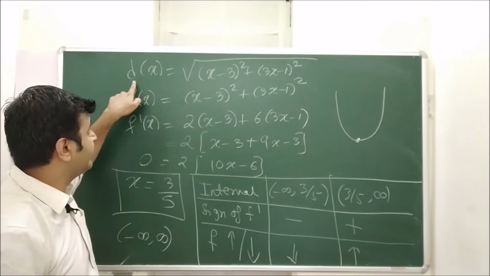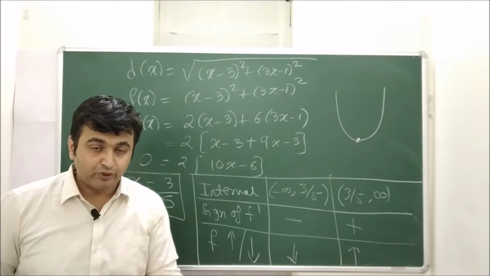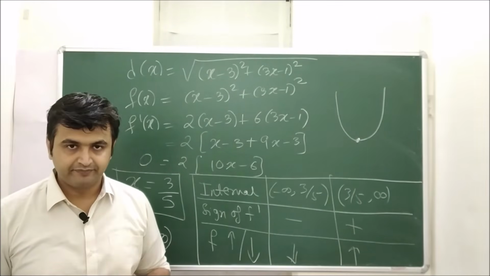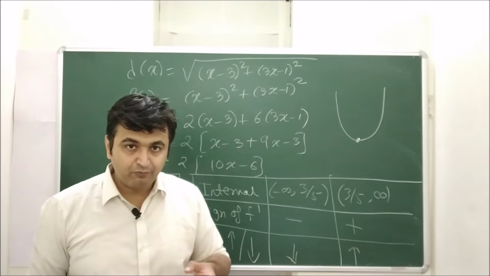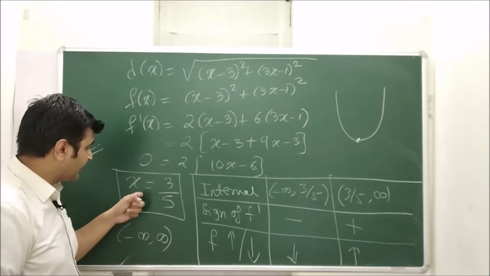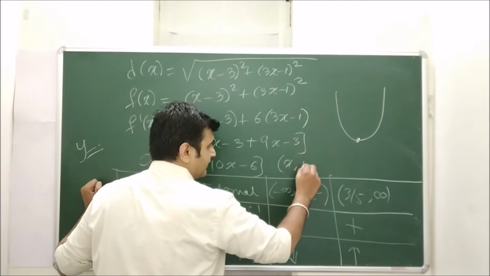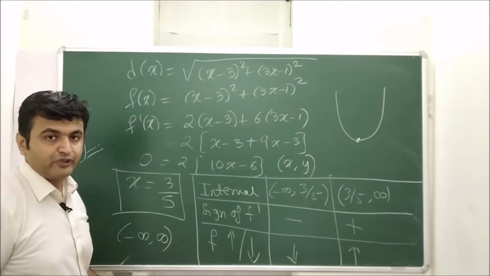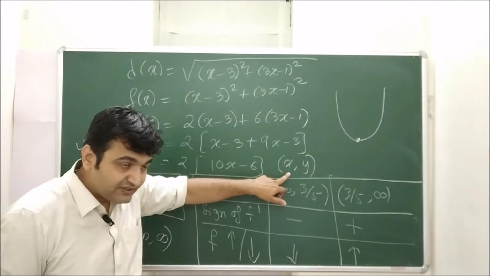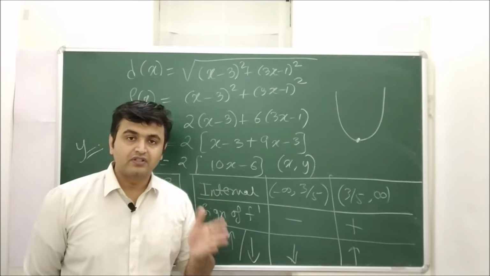Great. So you find d of 3 by 5, whatever the answer you get, that is the distance between the point and the line. Moreover, that distance is the minimum distance. And if you want to find what is that point, you simply find the value of y from the given equation of line. You replace your x by 3 by 5, you get the value of y. Okay, and therefore you get the point x comma y. So that's the first homework for you. Pause the video and tell me what is the distance and tell me at which point you are getting that minimum distance. Now let's go for the third example.